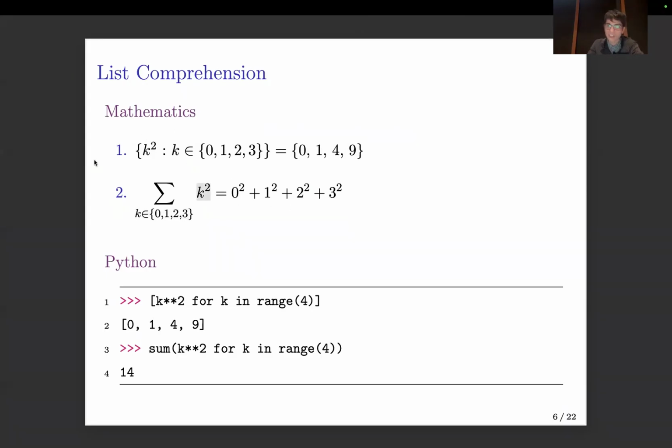So we actually have provisions for doing this in Python. I can say k squared for k in range 4, and I can say sum of k squared for k in range 4. So it's a way to avoid doing accumulation. This is like a notation for doing